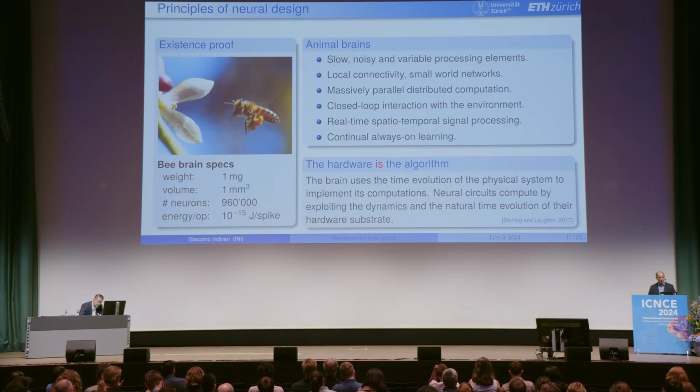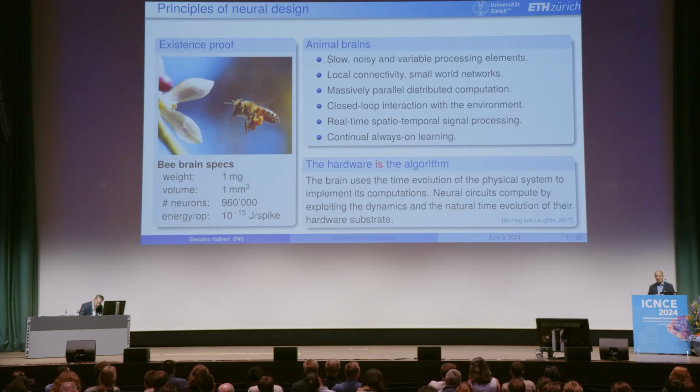Time multiplexing is something to absolutely avoid. If we want to reduce power consumption, we need to have massively parallel operations. So if we want to have 100 neurons operating, we need 100 physical copies of these neurons on the layout to operate in parallel. Having one core that is running very, very quickly to update the numerical equations of a neuron, putting them in memory, getting the next neuron, updating the equations, putting it in memory, and so on, is a recipe for disaster. It's just using the von Neumann bottleneck. It will be using a lot of energy to move the data, and it's not going in the direction of bridging the gap between artificial and natural intelligence.